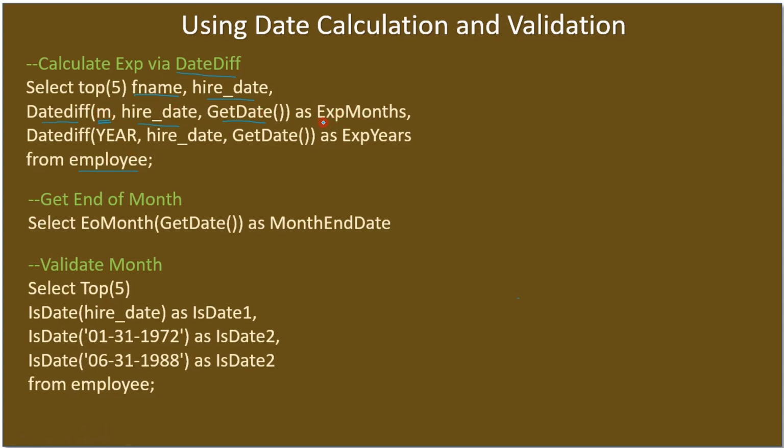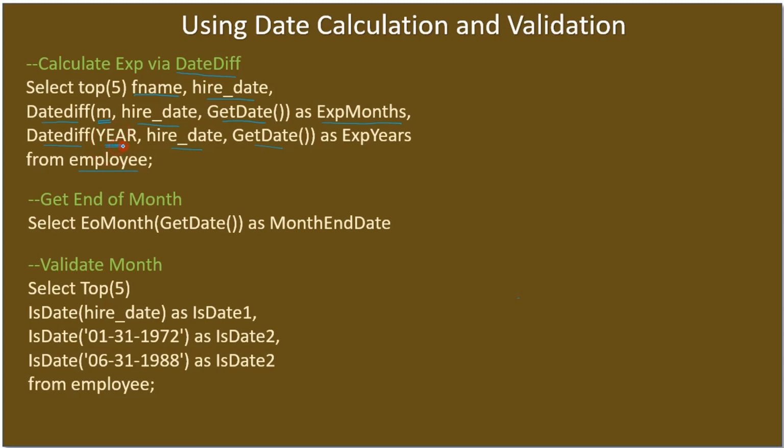The calculated result gives us the experience in terms of months. So we set the alias as exp months, and in the next column we specify DATEDIFF again, and we pass the same parameters, hire date and today's date, and this time we pass